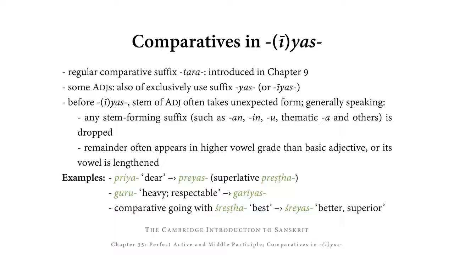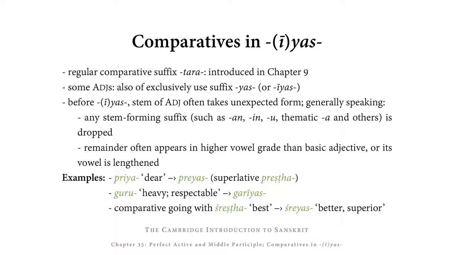The remainder of the adjective often appears in a higher vowel grade than the basic adjective, or the vowel of what remains may be lengthened. So, for example, on the basis of priya, meaning dear, we get the comparative preyas, meaning dearer, and that then goes with the superlative preshta, dearest. From guru, meaning heavy or respectable, we get the comparative gariyas. Then, going with the superlative shreshta, meaning best, that we've already encountered in some readings, we get the comparative shreyas,